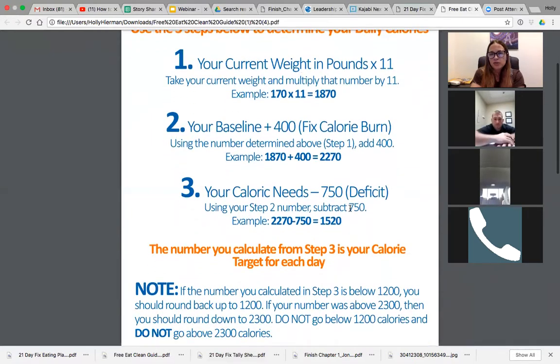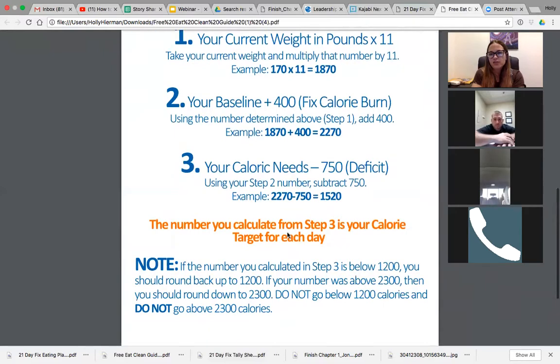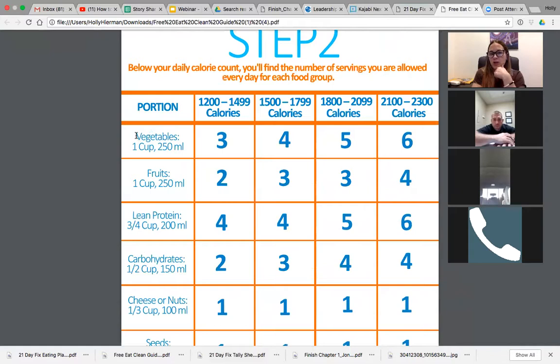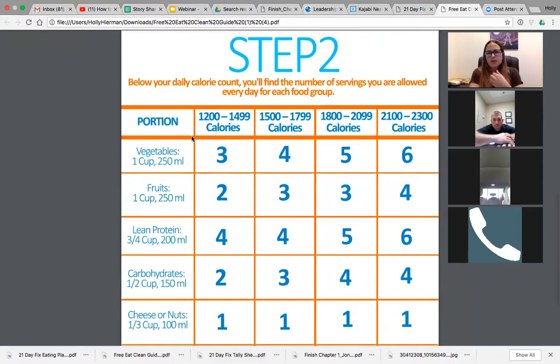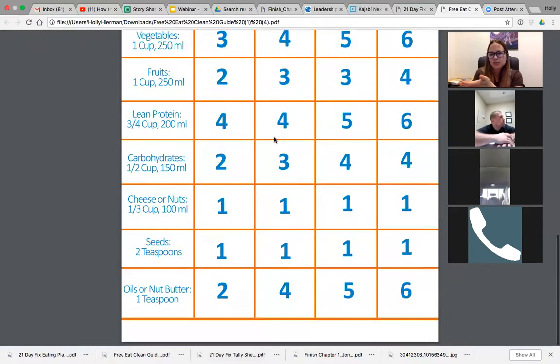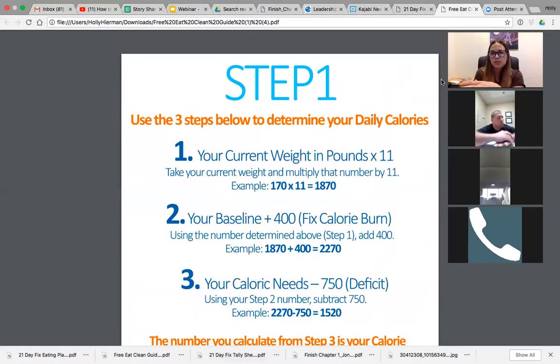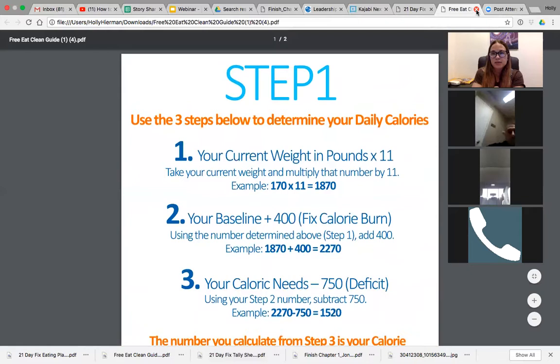And so here's the calculation on how you get your containers. And then page 2, and I had to change it up, obviously, because I had to list vegetables as opposed to green, because somebody receiving this for free isn't going to know what green means, right? So this is what I give to them. You guys can give this to them too. So the branding is not on there specifically so that you can use this for your clients as well.